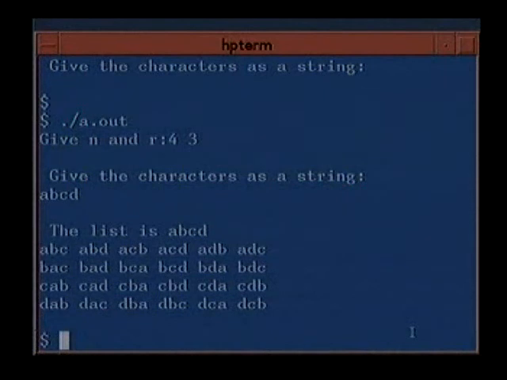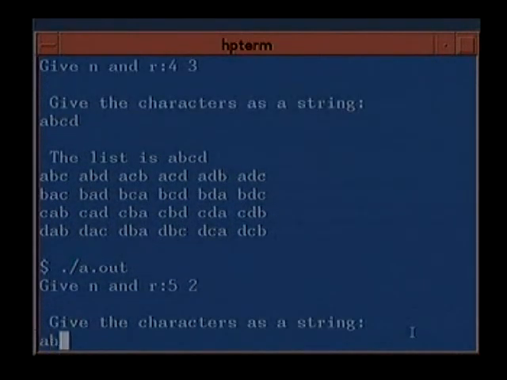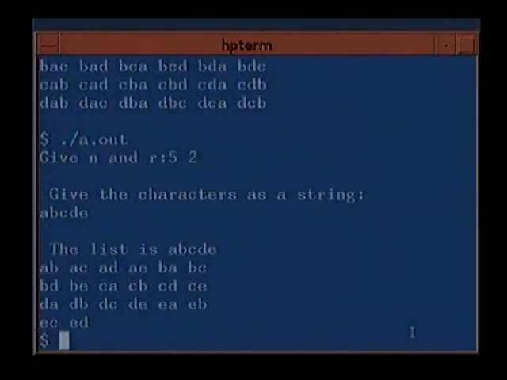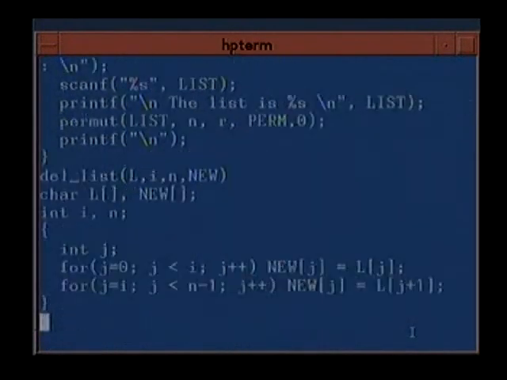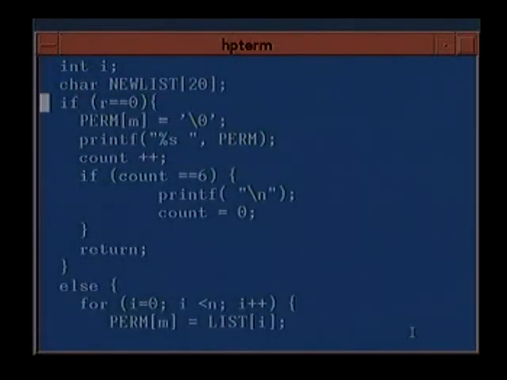And so this way you can give various inputs. If you give A, B, C, D, E, you'll get 20 such outputs. And if you want to see exactly how the program works, it is very important to just print out the value of perm, print out the list perm here at every instance, and you will know exactly what are the steps of recursion.